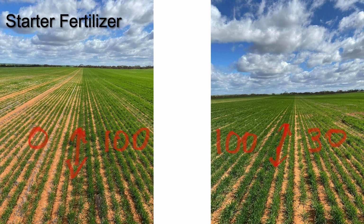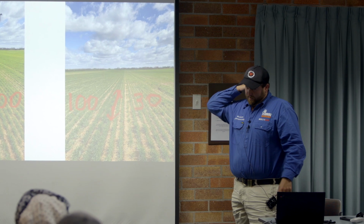Again, one of those other things affecting a successful establishment and a successful crop. So here, pretty clear cut, no starter used. It was DAP at 100 kilos, just so you know. And then obviously 130 over on this side. Might just quickly go, if you want to draw up what we spoke about yesterday about spreading and using a